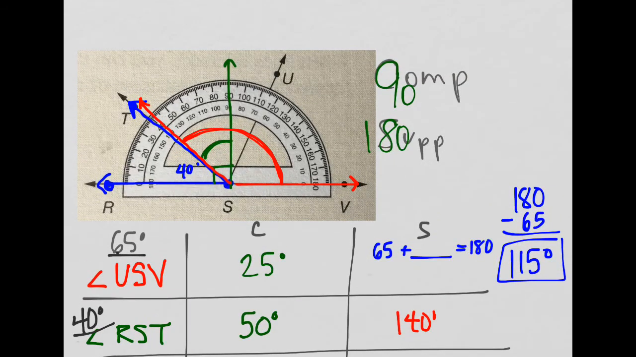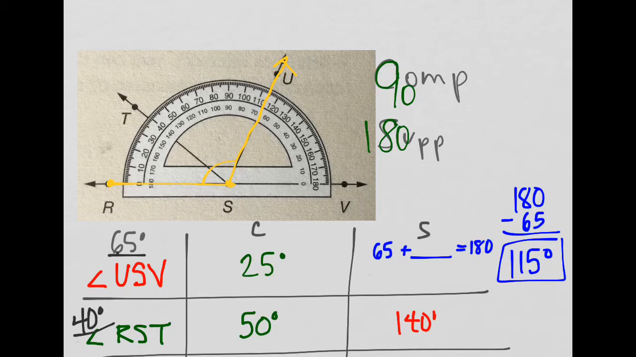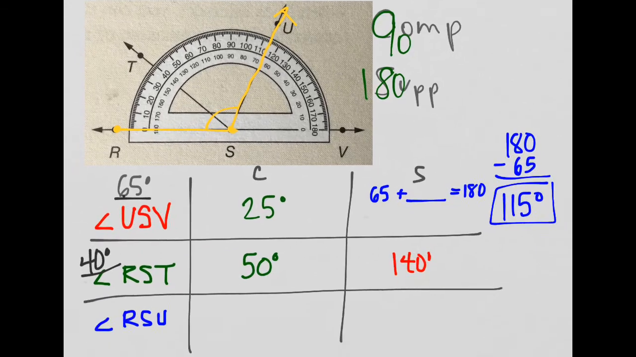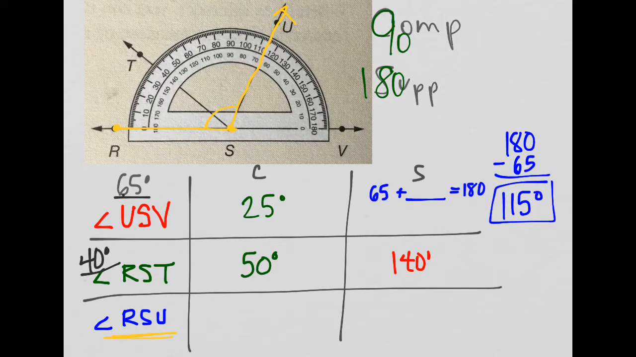Okay, RSU. So let's go ahead and draw on here. We're going to say R, follow the road map, S, that's your vertex, come up to U. How much is this angle measurement? RSU. Well, let's count with the outer number line, and we are going to be at 115 degrees. Make that in a color we can see here. Okay, 115 degrees